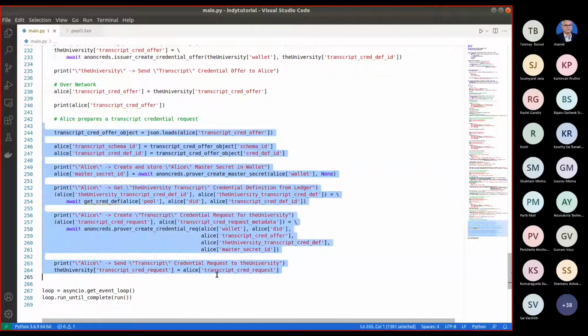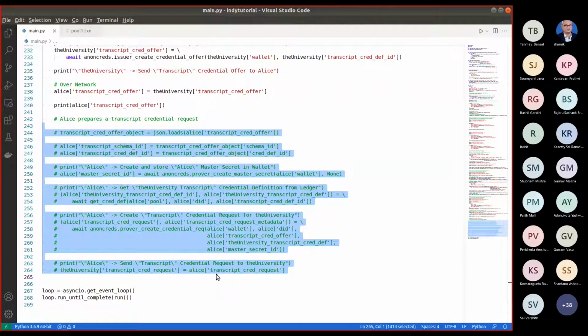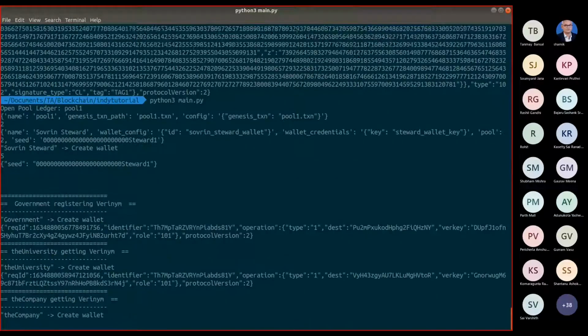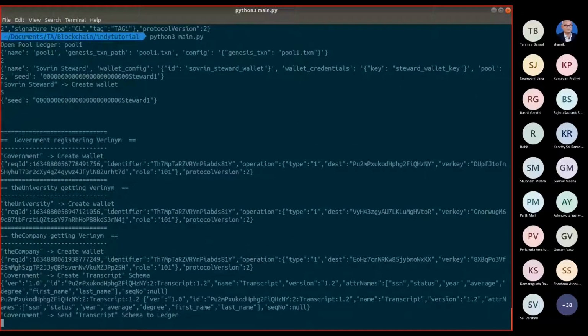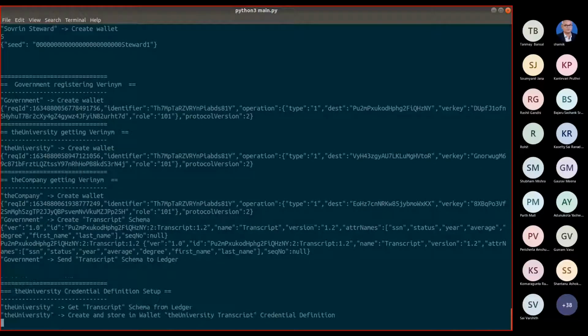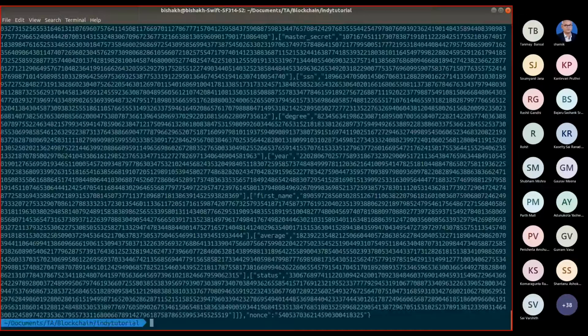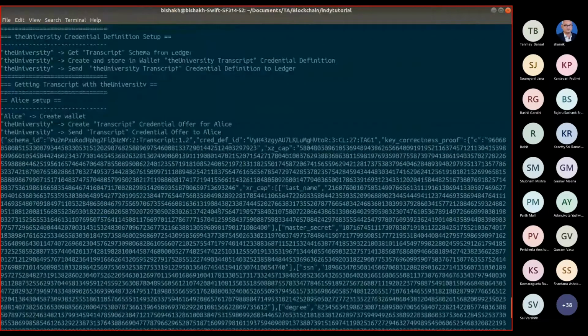Comment out these lines for now, and run this one. Okay, so this is the offer.